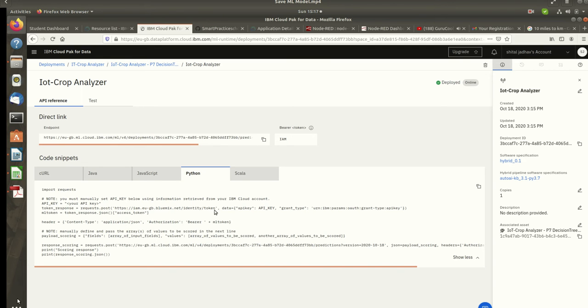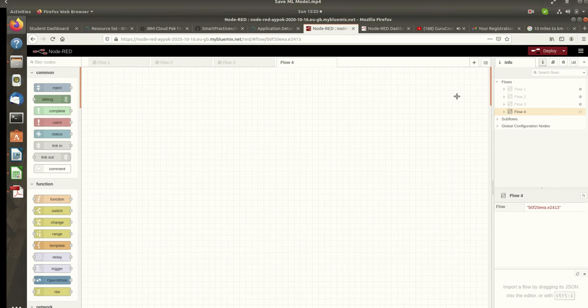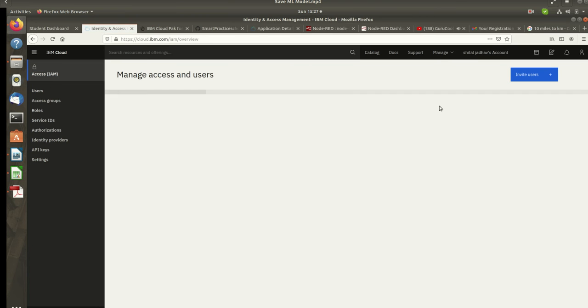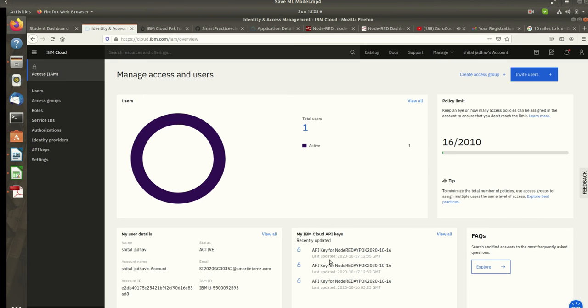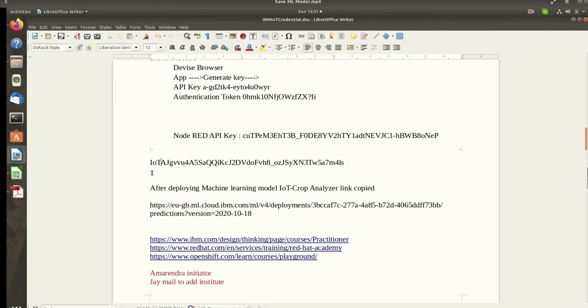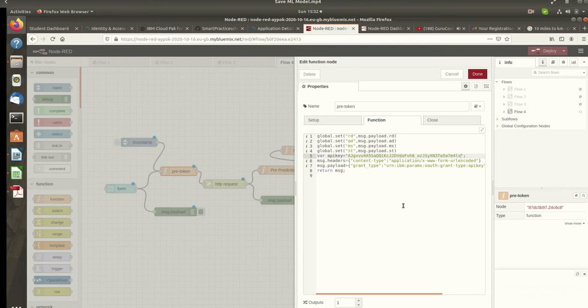I copy pasted that URL, and this URL is being used in the node flow that I have created. I have used the API key to connect with Node-RED. So for connecting the machine learning model that I have deployed to the Node-RED,